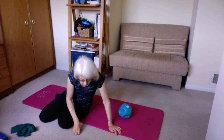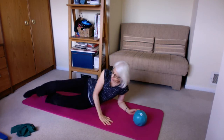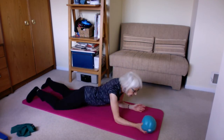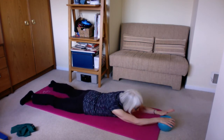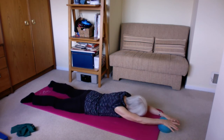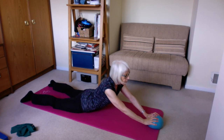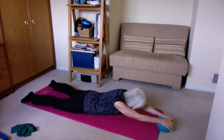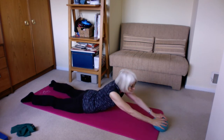And we'll do back bend, but using the ball. So we're on our fronts, legs apart, slightly turned out, and you've got both hands on the ball, kind of pressing onto the ball, shoulders down. You breathe in as you roll the ball in towards you, and you breathe out as you roll it away. Aiming for 10 of those, so breathing in